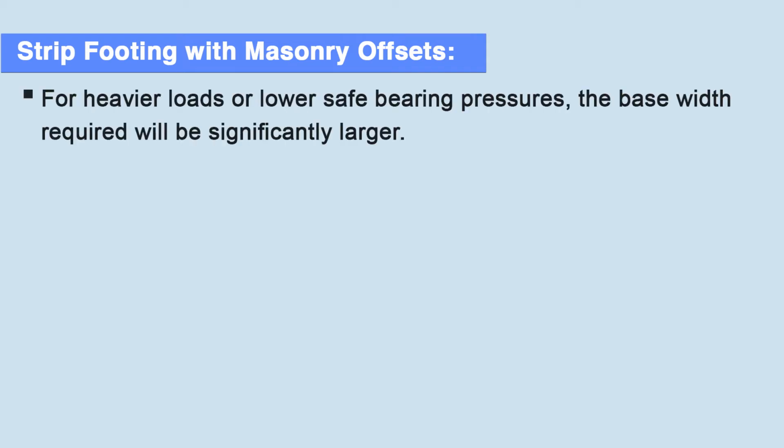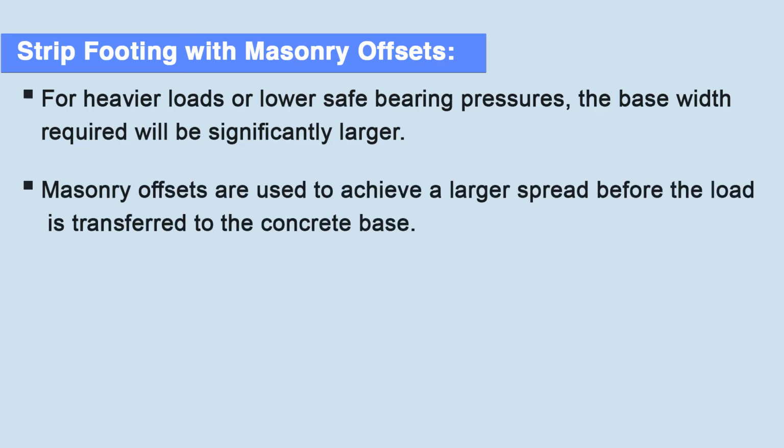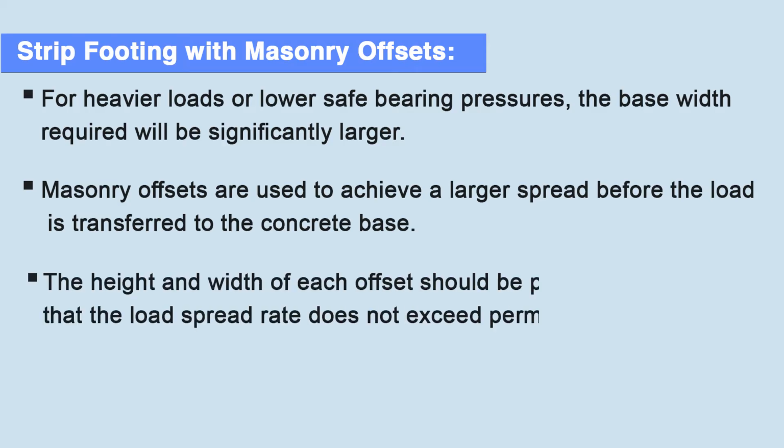The next is strip footings with masonry offsets. For heavier loads or lower safe bearing pressures, the base width required will be significantly larger. Masonry offsets are used to achieve a larger spread before the load is transferred to the concrete base. The height and width of each offset should be proportioned to ensure that the load spread rate does not exceed